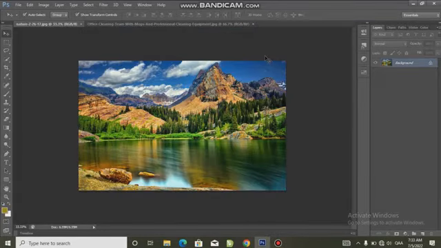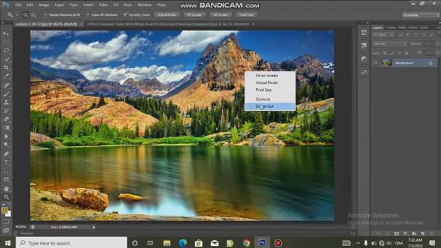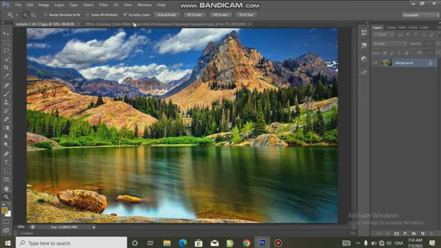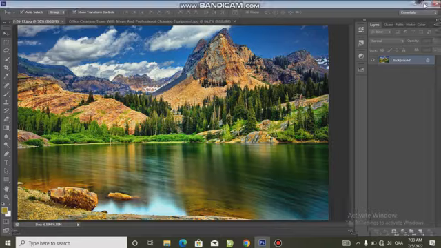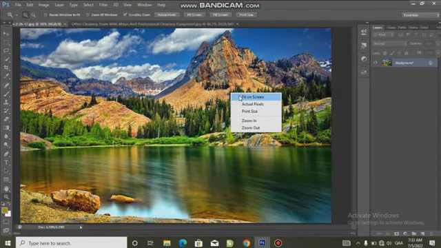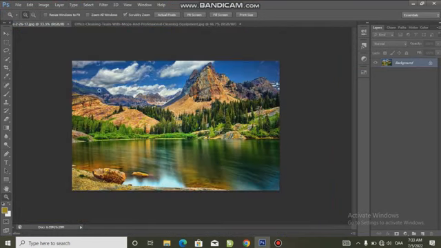Hello guys, what we are going to be doing today is the continuation of our Photoshop tutorial. So you can see I have an image here, and I have this second image that I'll be using to illustrate, to explain some things to you. I'll just zoom this out. So what I want to do now is